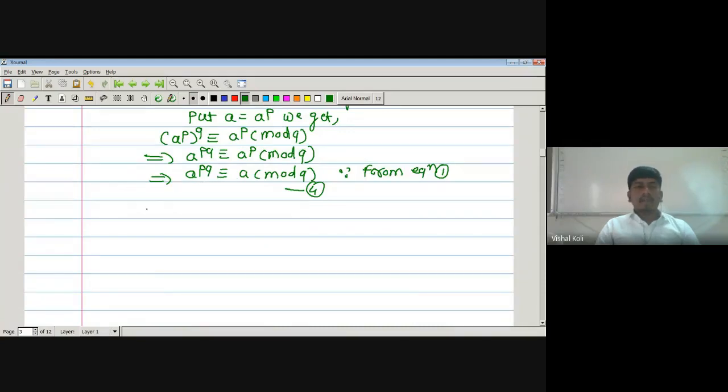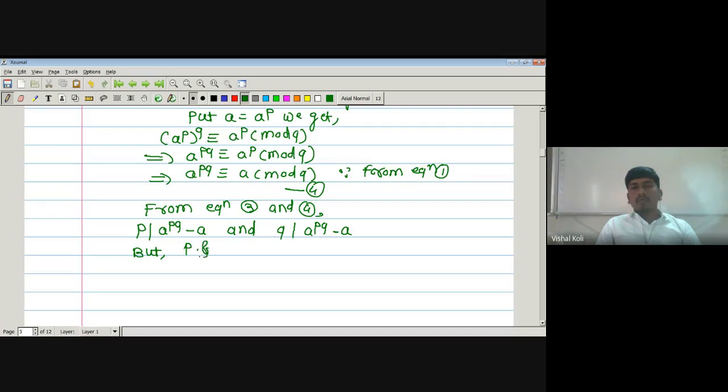From equations 3 and 4, p divides a to the power pq minus a, and q divides a to the power pq minus a. But given that p and q are distinct primes,